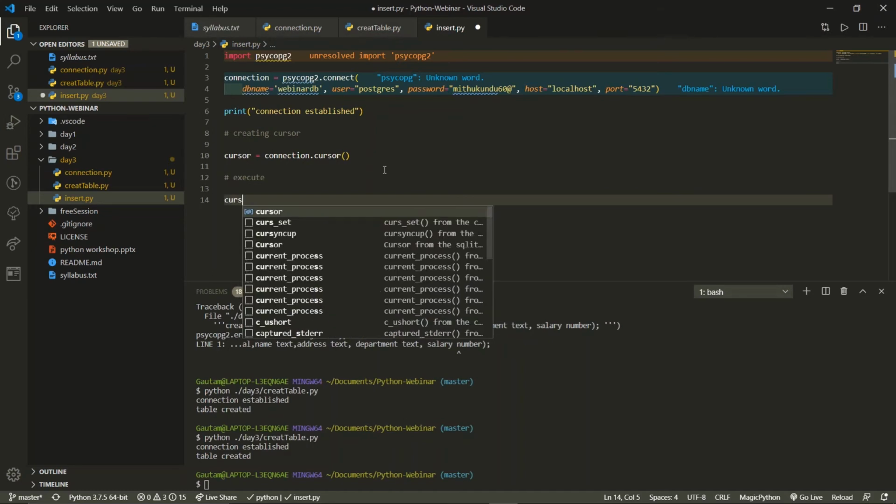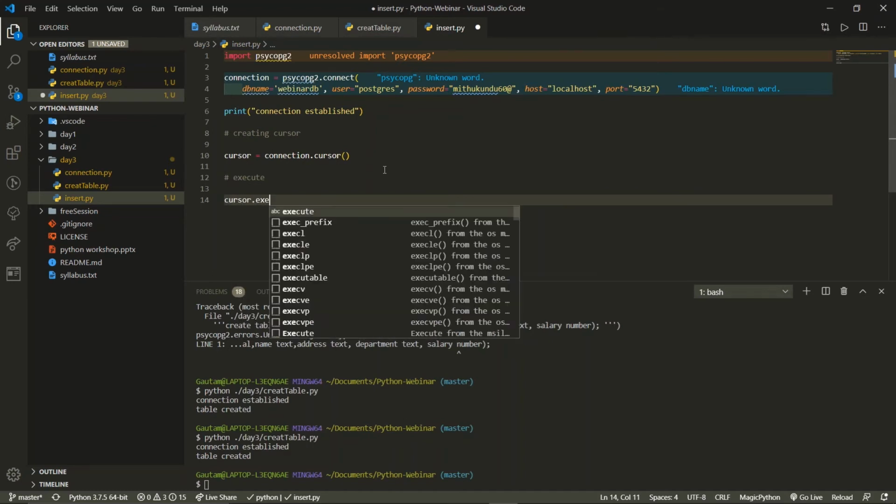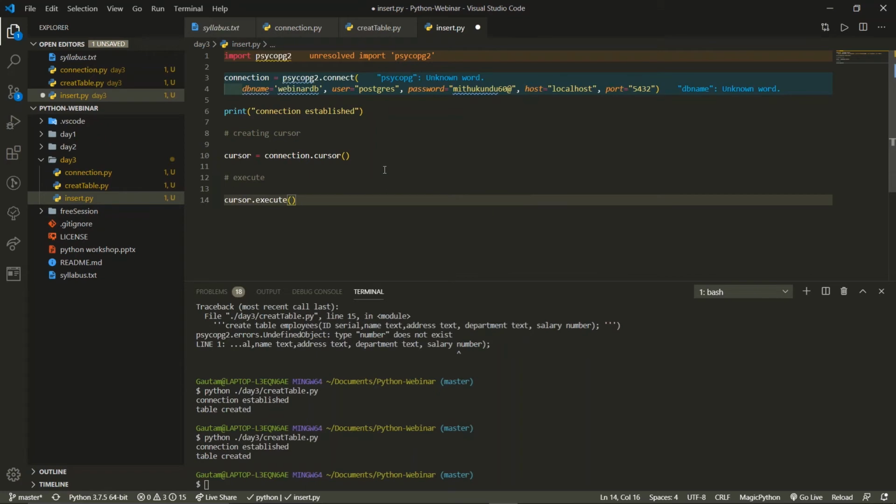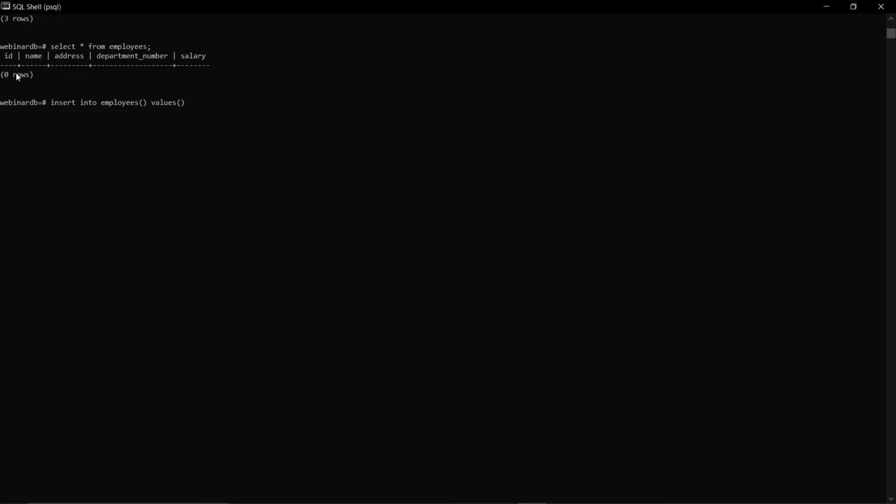We will write cursor.execute, and in this we'll write the same thing in triple quotes. We will write insert into, table name is employees, and then in the braces, what all field attributes do we have?